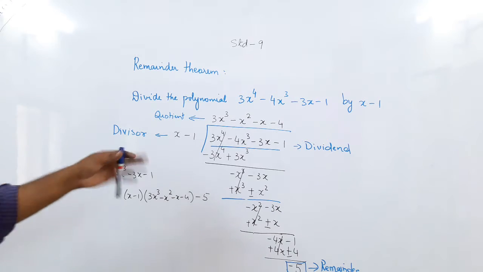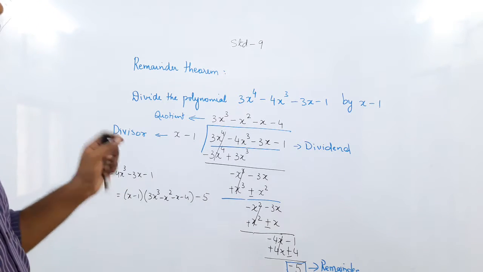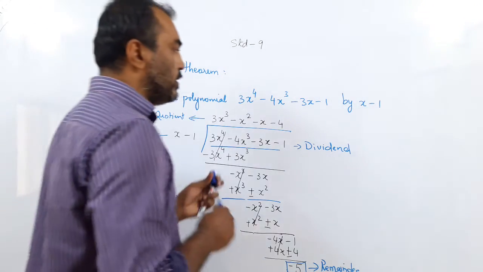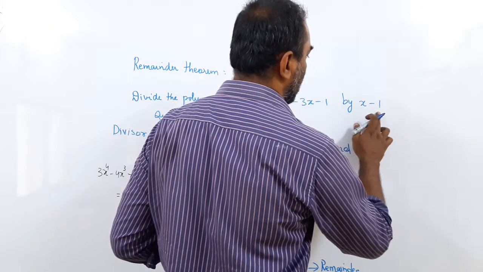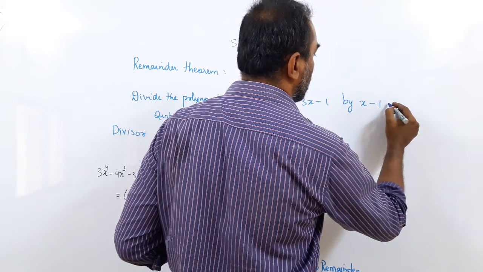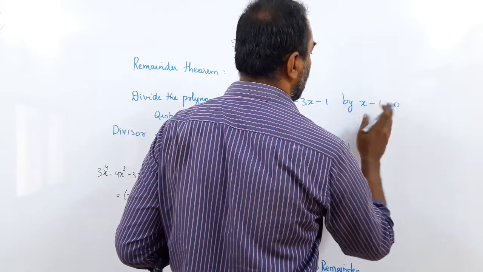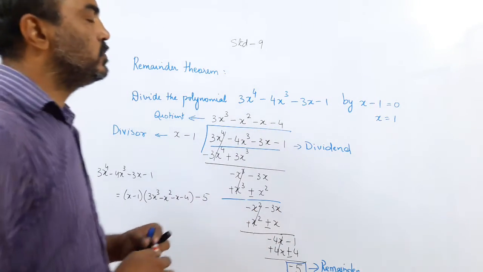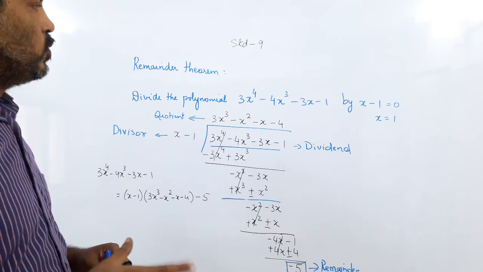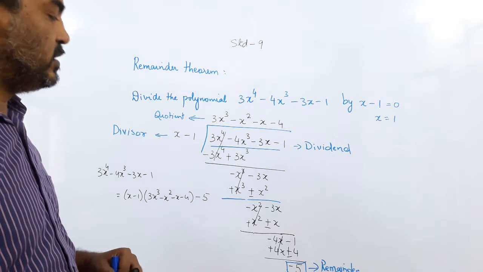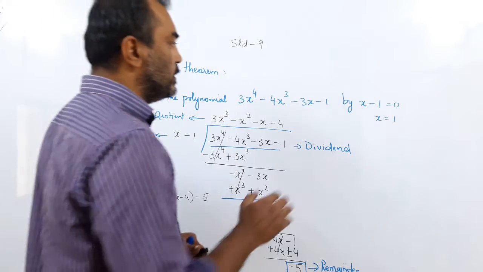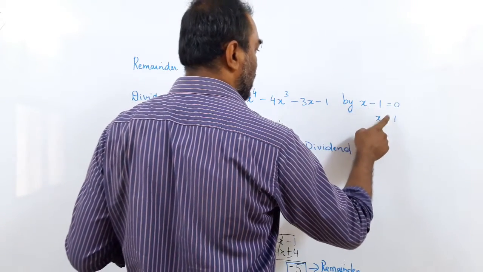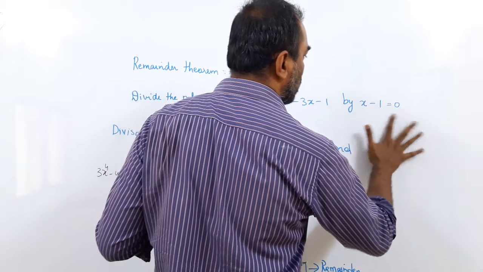So are you following? See it again. Now there is one more thing we need to try. Okay, let us try that. X minus 1 we are dividing with. Let us say x minus 1 is equal to 0. And what does x become? 1. What I am doing is I am making it a 0. You will understand why. So when I divide by x minus 1, then I can write x equal to 1.